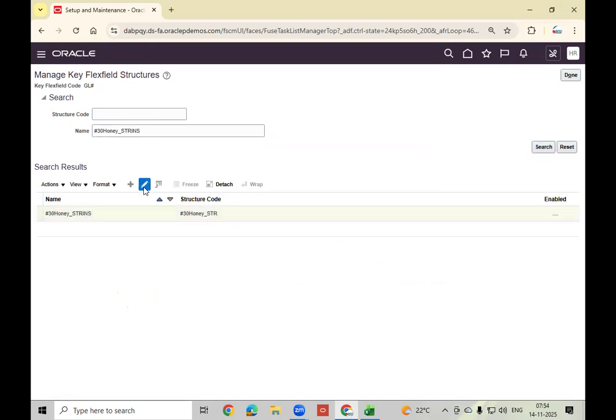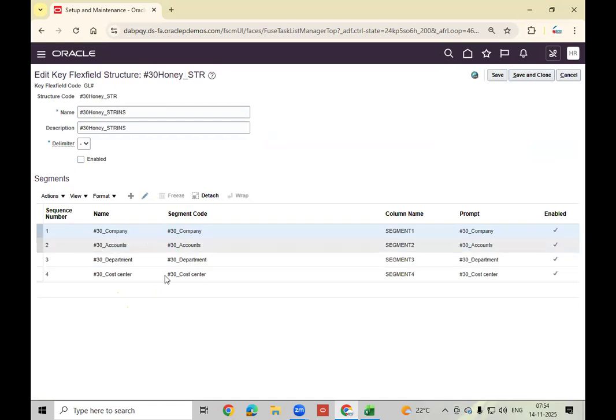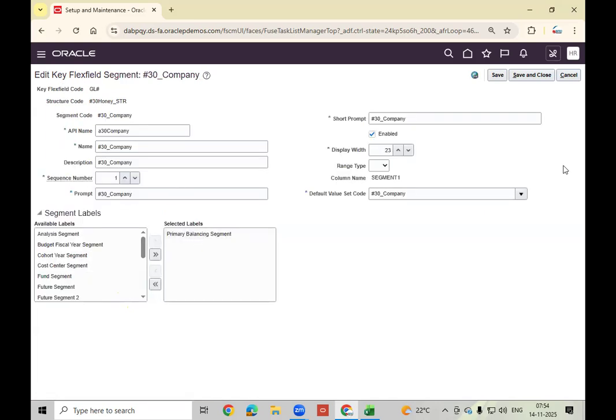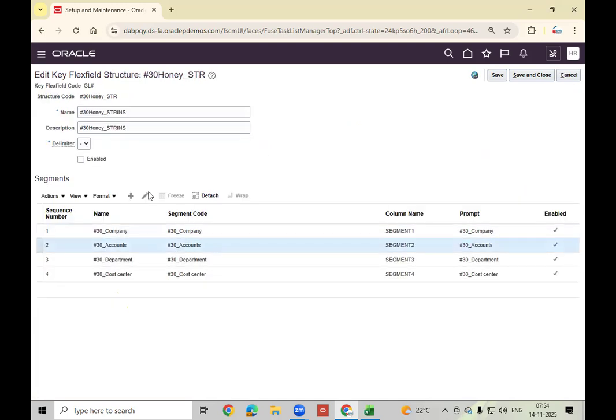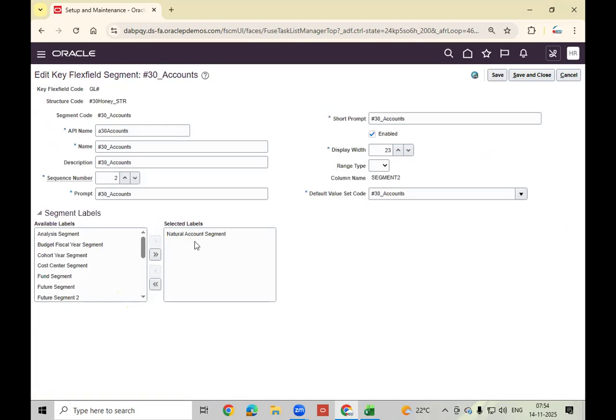See, this one. Because of this it failed. Someone created this. Okay, but here it is disabled also. But why is it showing a problem? Company primary balancing, okay, they selected properly. Accounts, natural account, okay. Display, they selected.